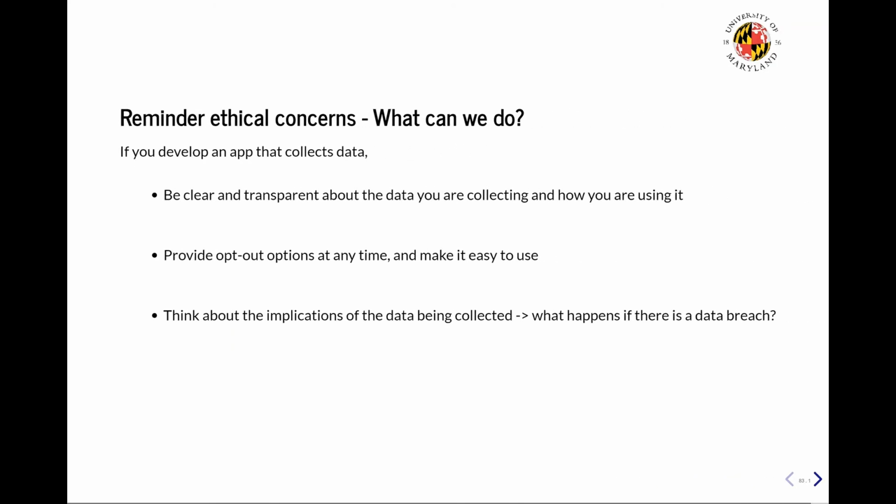So that was it for the location analysis. But remember, there are certain ethics that revolve around performing analysis on location data. So just a reminder, what should we do if we are creating an application that collects data?